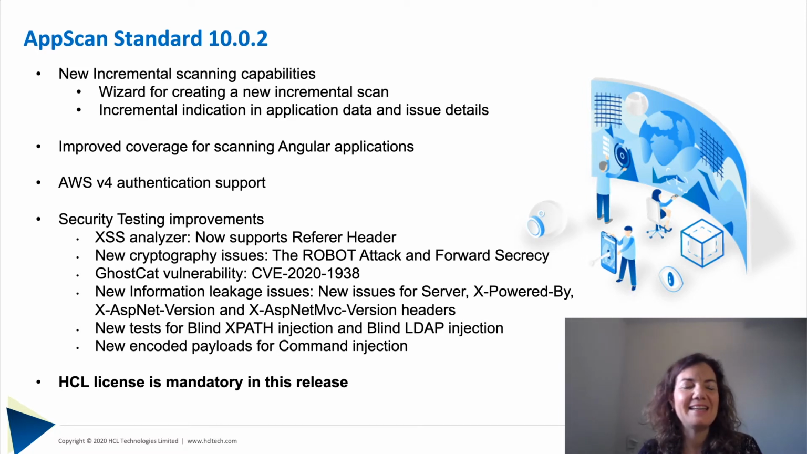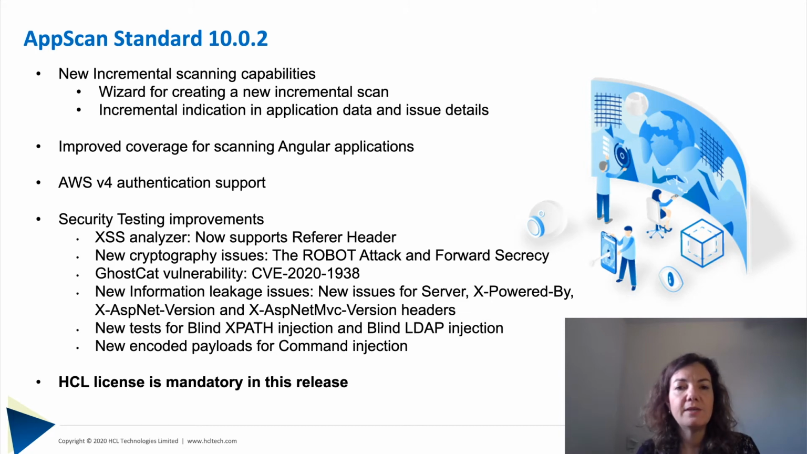Okay, the next is improving the coverage when we scan Angular applications. We improved the support both by supporting more elements and more actions. And now the coverage should be much better. And this is not the end. We plan to continue and invest in this direction. We also added support for AWS Authentication v4. So if you have your application on Amazon Web Services and you use this authentication, it is now supported with